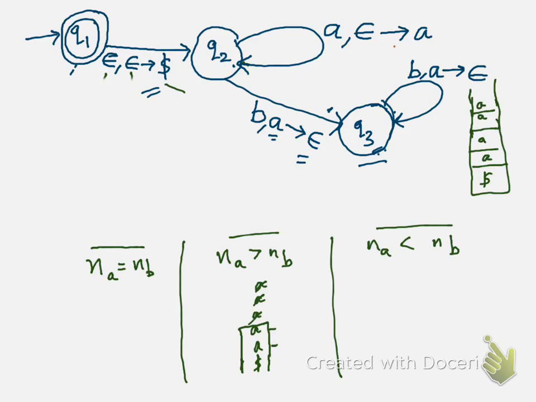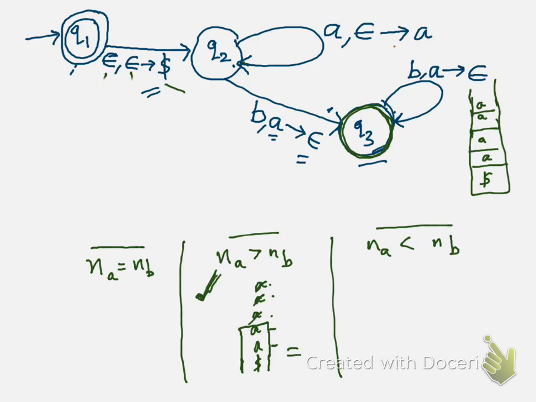So I need not do anything in that case. Why? Because if this is the case, what will happen? I am at Q3, I am reading all my B's, I am popping A's. So I pop this A, this A, this A here. Now my input is over, right? So my input string is read completely, but I am at the state Q3, and Q3 is not a final state, so your string will be rejected. So this case is dealt with.